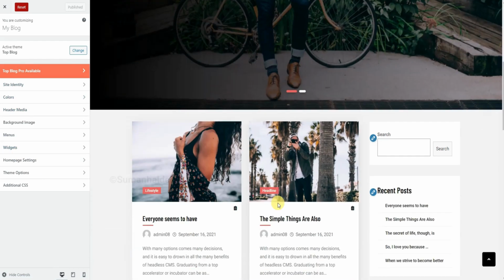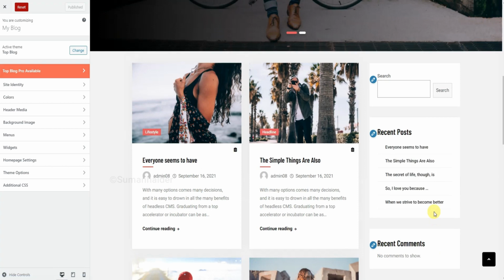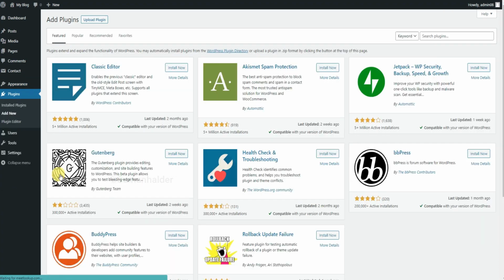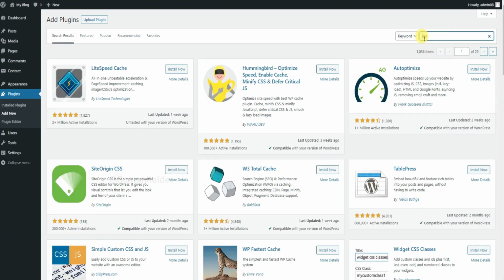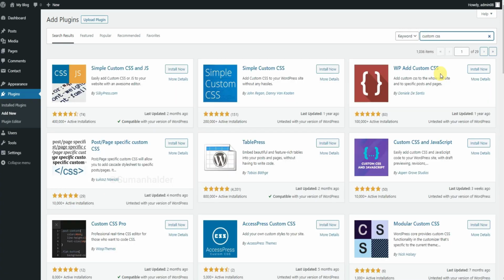Now we have to change the sidebar option. So back to WordPress dashboard. We need a plugin. So click the plugin option and click add new. Write custom CSS and enter.